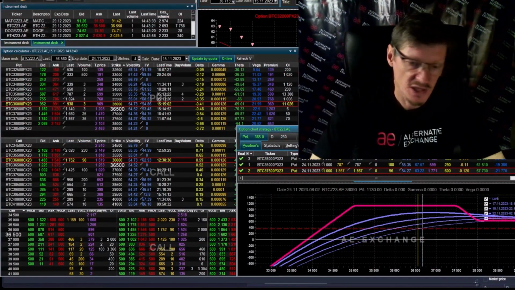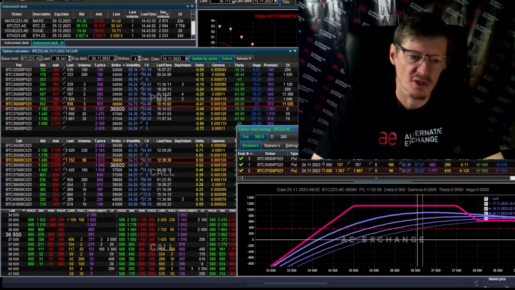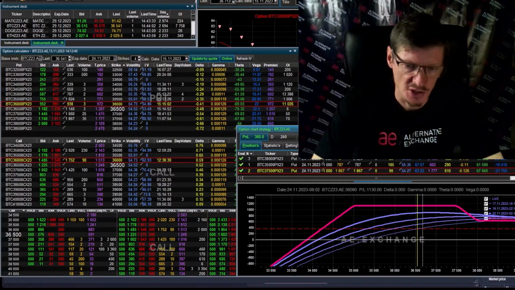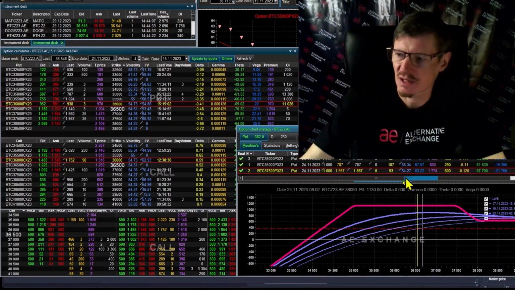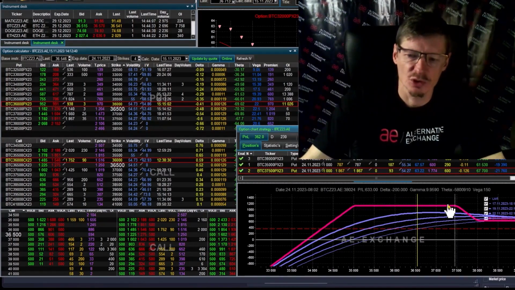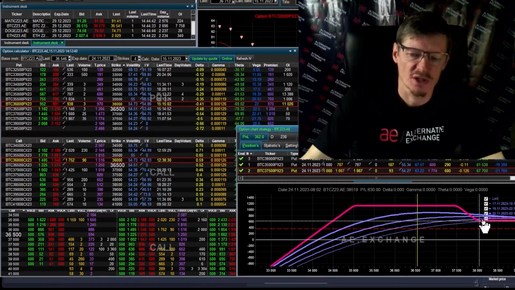If you expect to trade basing on the price and market movements, then I advise you to use vertical spreads. These are the simplest strategies that have a stop loss and take profit. Strategies that allow you to trade in a trading range are also good. For example, the strategy that is on the screen right now is a sold triangle, and additional leverage is bought here to protect our position from strong growth.